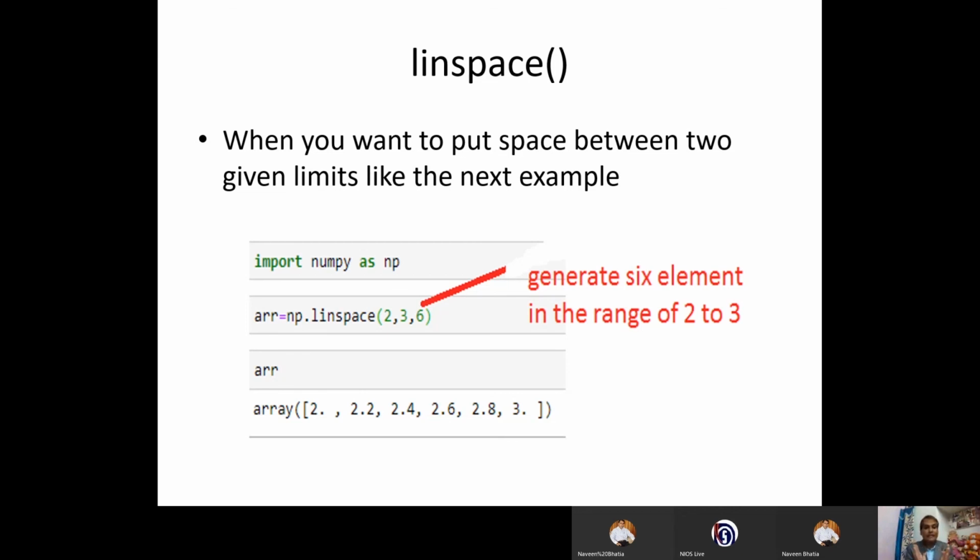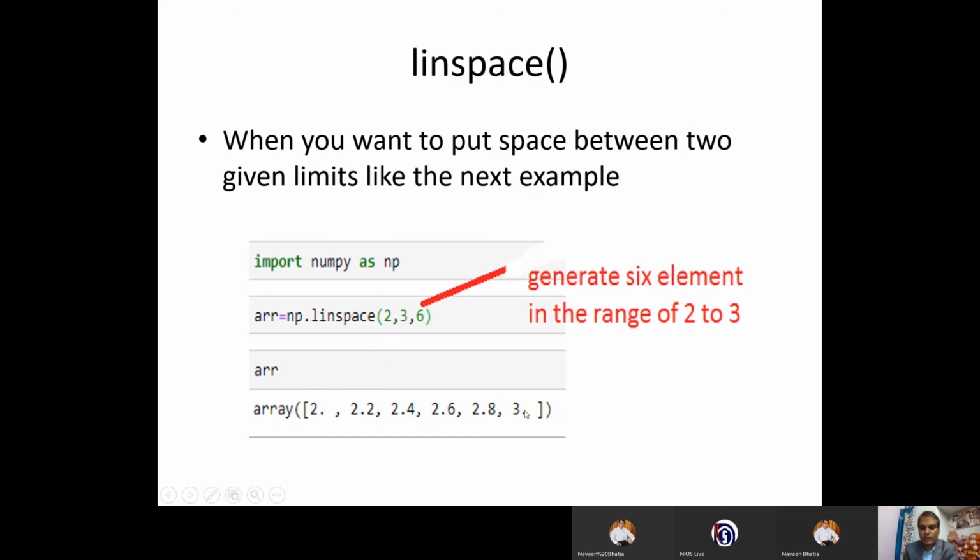Means we have to generate 6 elements between 2 and 3. We have to take 2, we have to take 3 also, and totally we need 6 elements. See, the result is coming 2, 2.2 element number 2, 2.4 element number 3, 2.6 element number next, 2.8 element number next, and 3 element number last, which is already there in the question itself. 2 starting point, 3 end point.